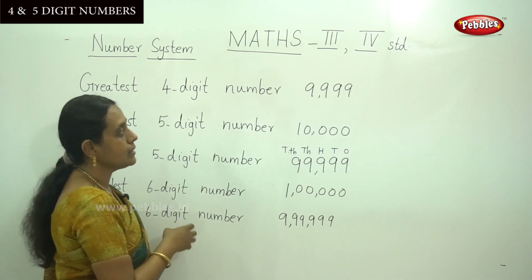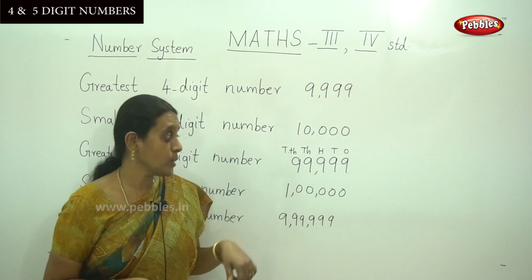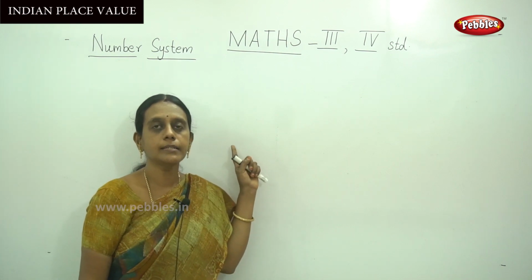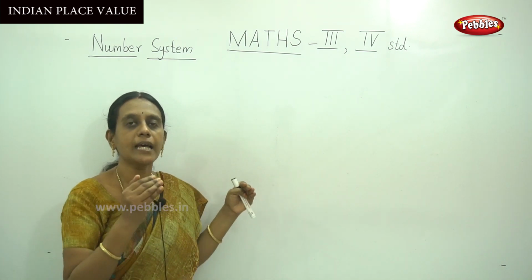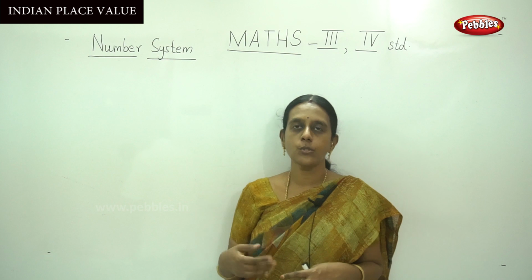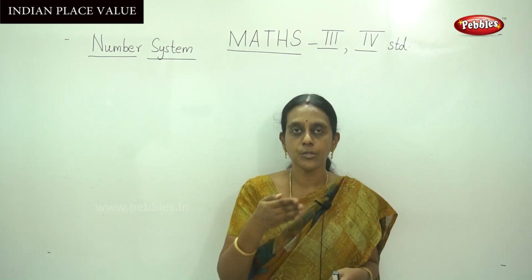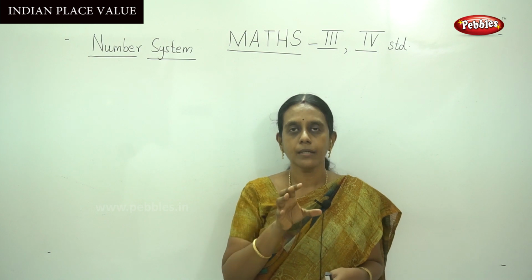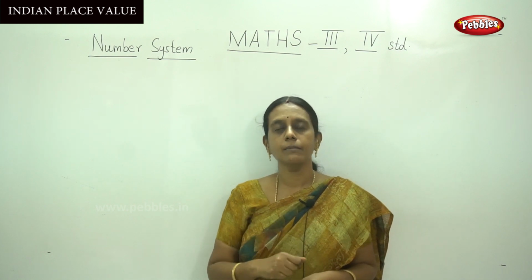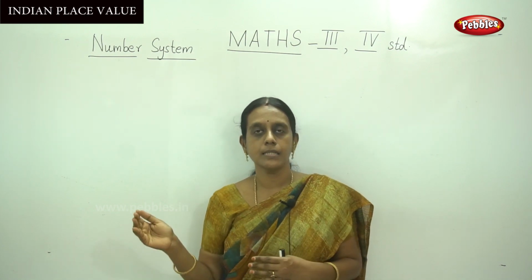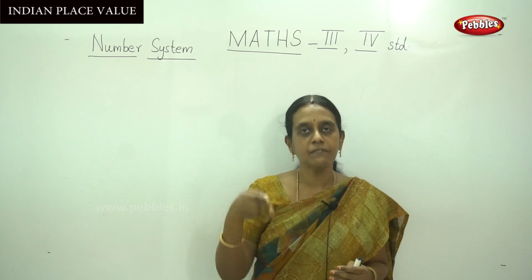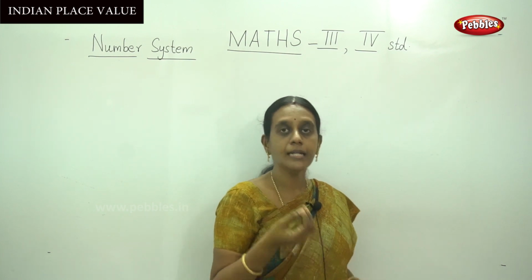Let me see next, the Indian place value system and the international place value system. I will explain. We are going to learn two systems of arrangement of numbers. This is an easy method to read numbers and arrange them according to their place. We can arrange them in separate periods. So in the Indian place value system, there are ones, thousands and lakhs. That is 3 periods, or divisions, and it is an easy way to write numbers.